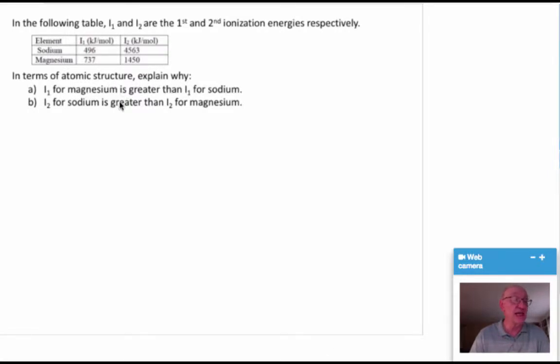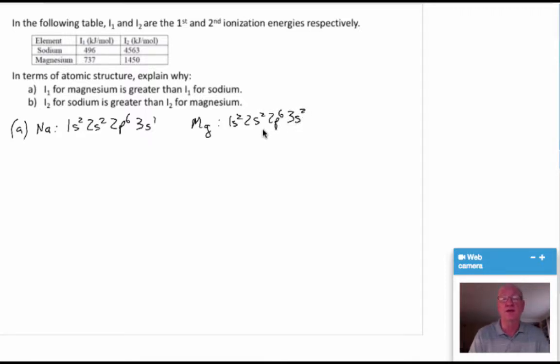First question is A. I1, the first ionization energy for magnesium, is greater than the first ionization energy for sodium. Well, let's take a look at the electron configuration for sodium. We have 1s2, 2s2, 2p6, 3s1. For magnesium, 1s2, 2s2, 2p6,